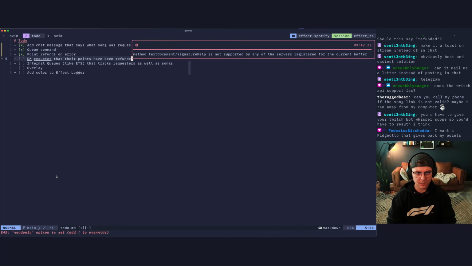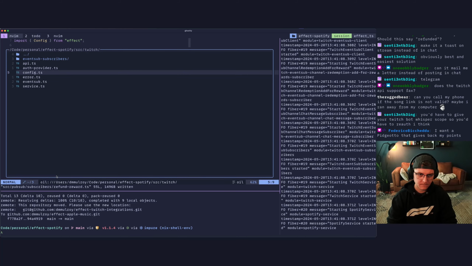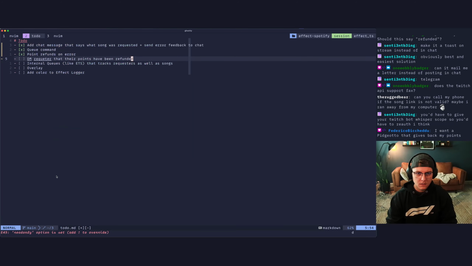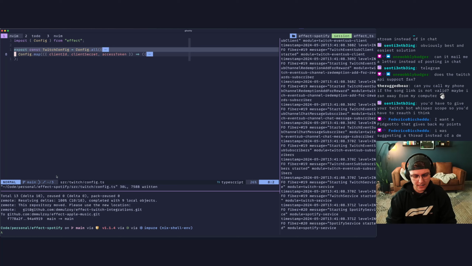What are our scopes? We might be good on the scopes. I guess not. Whatever. That shouldn't happen very often, so I think I'm okay with it logging to chat for now until it gets too annoying, and then we'll go and fix it. So the next thing I want to do is I want a queue to keep track of